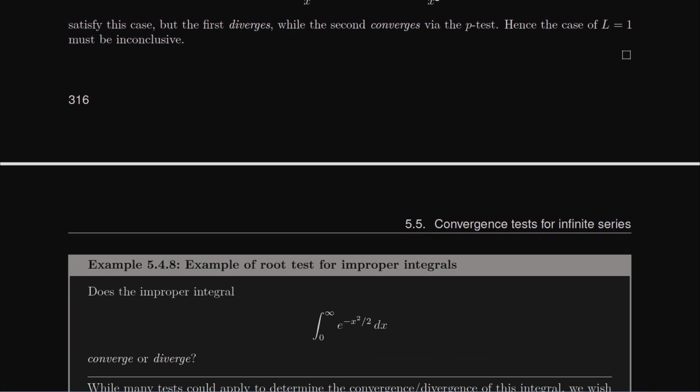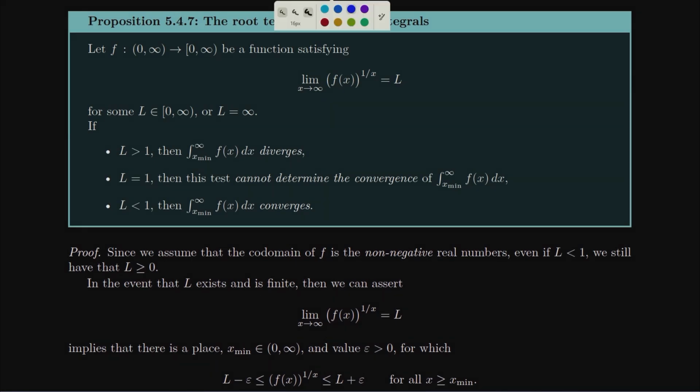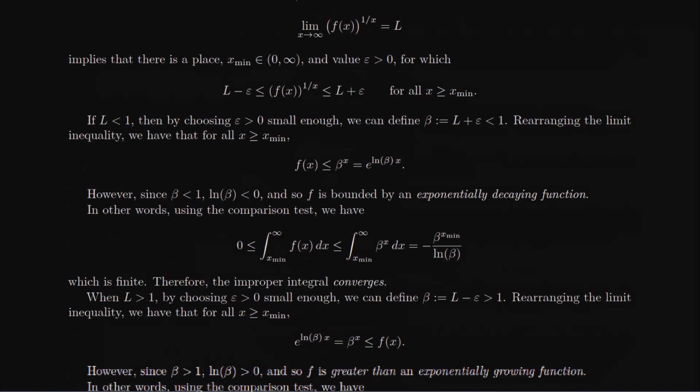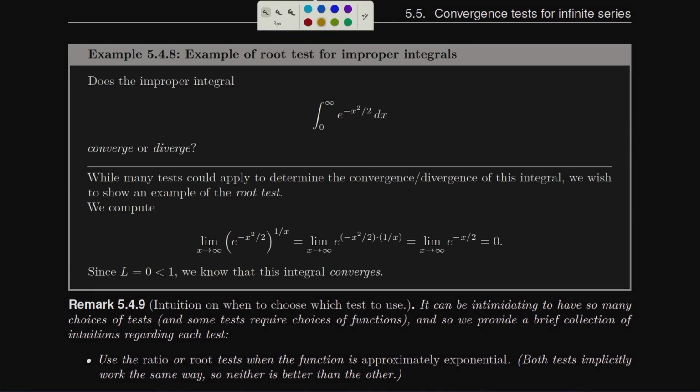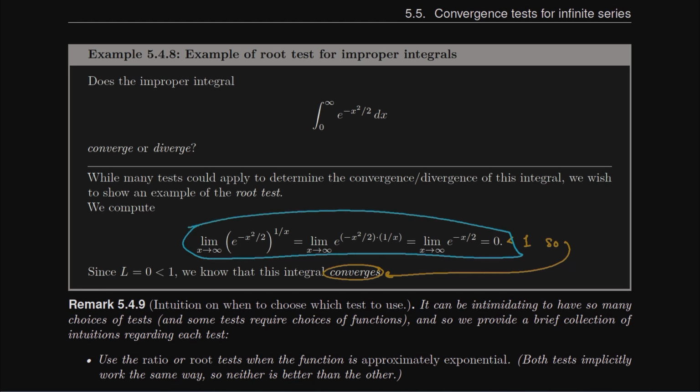What does my test care about? My test cares about if that outcome is bigger than, equal to, or less than the number 1. How does 0 compare to the number 1? Well, 0 happens to be less than 1, so we converge. Once again, the fact that I'm showing everything is actually equal to 0 and less than 1.